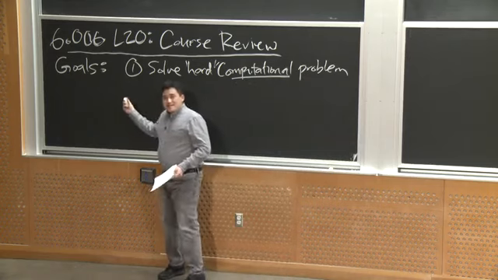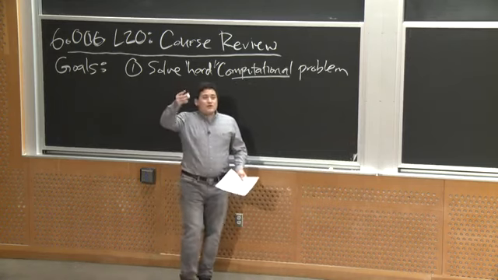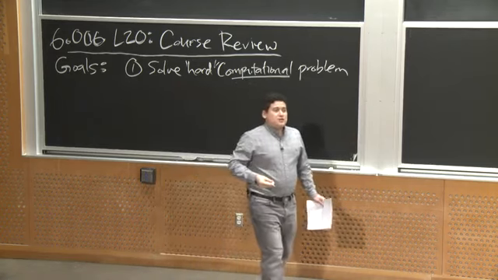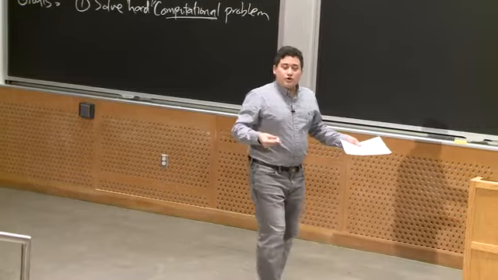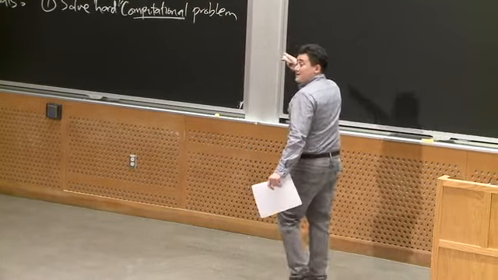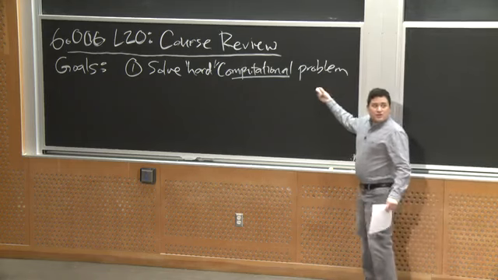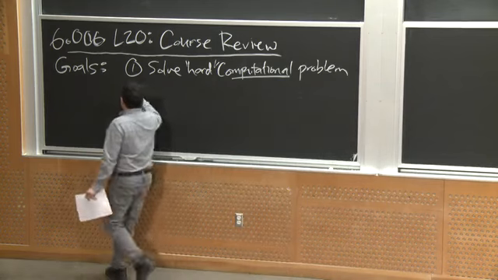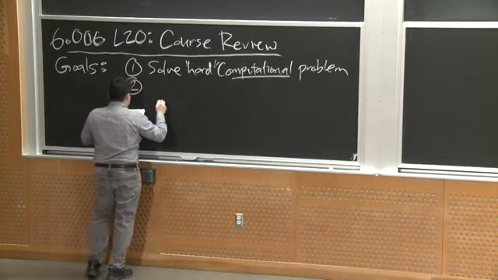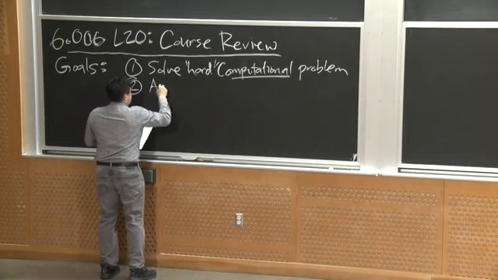But really what this class is about is 2 other things, which is more about communication to people rather than computers, right? Your algorithm might be correct or efficient, but you need to be able to communicate that to humans, and that's what the other 2 goals are, right? So second one is argue